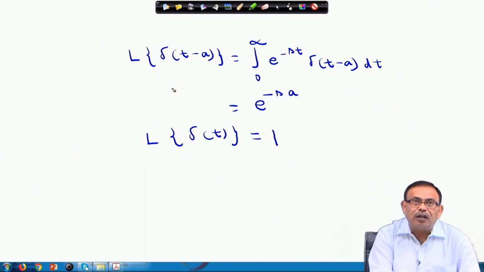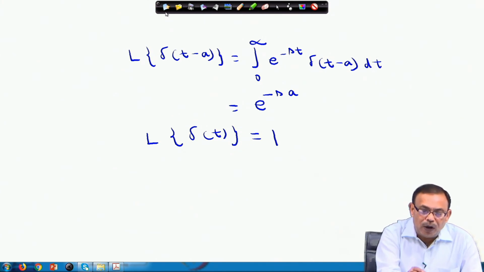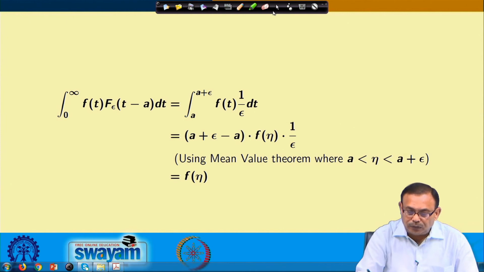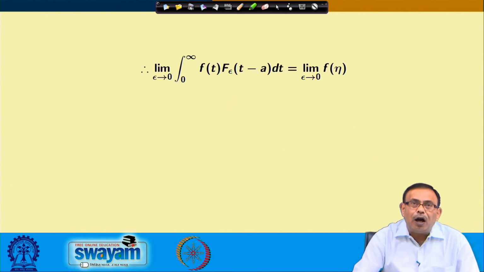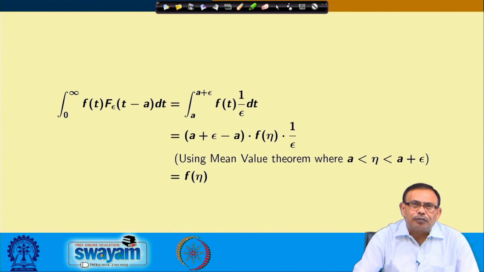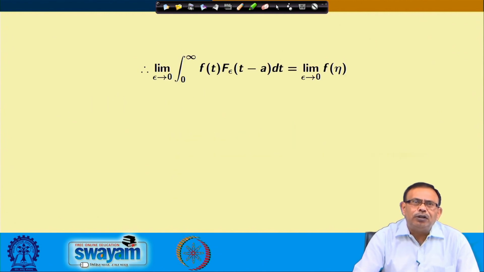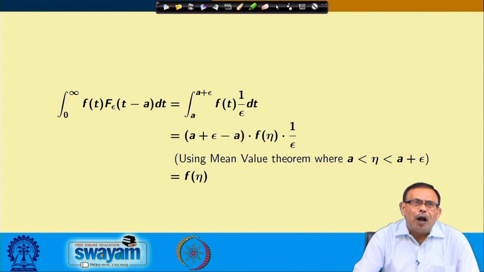So, please note that the Laplace transform of the Dirac delta function, that is delta(t minus a), is e^(-sa), and the Laplace transform of delta(t) equals 1. Let us see from the earlier result: the integral from 0 to infinity of f(t) into f_epsilon(t minus a) dt,